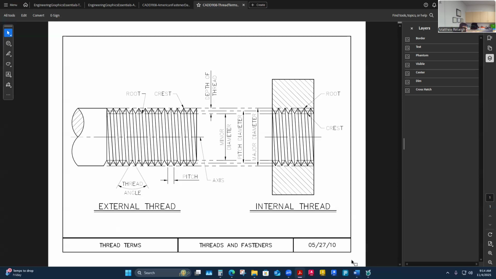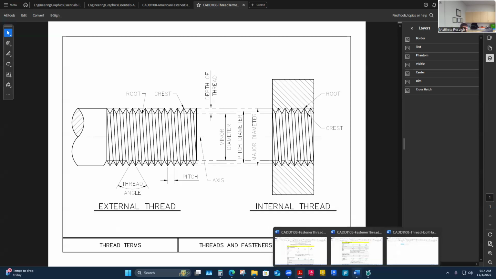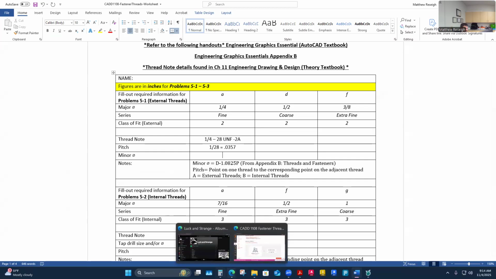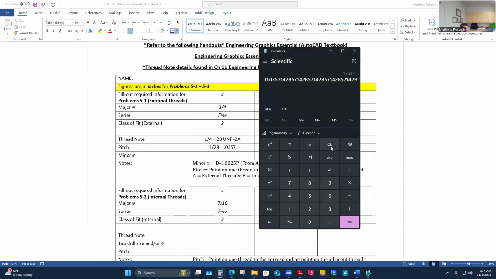But what did we figure out? I think we just need to figure out a couple more things. Minor diameter is one of them. So let's go back to my worksheet. Minor diameter. Let's do this equation here. I'll just start on my calculator and punch it in as it is. It says it's going to be my major diameter, which is a quarter inch. So I'm going to type that in as a decimal, 0.25. It's going to be minus, and I'll build myself some parentheses here because it's going to be minus this constant